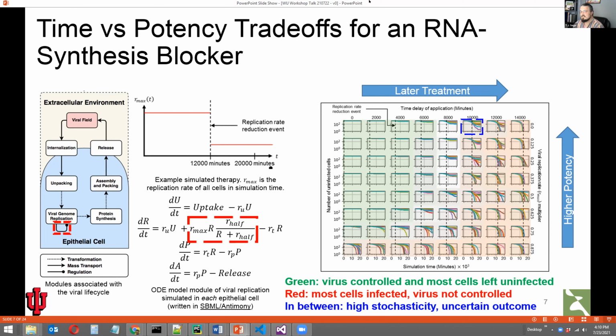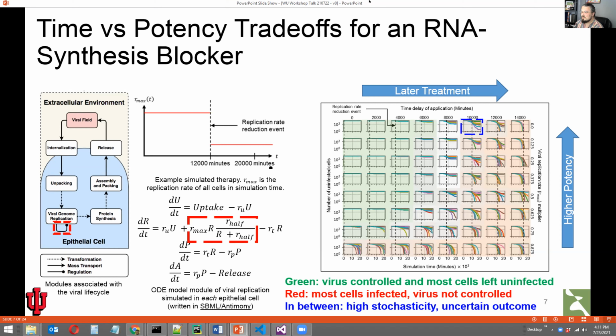And what I mean by that is that there's lots of work that's done to do, say, ODE-based modeling of intracellular processes, gene regulatory networks, and so on and so forth. What's fun about this is to take that sort of model development work